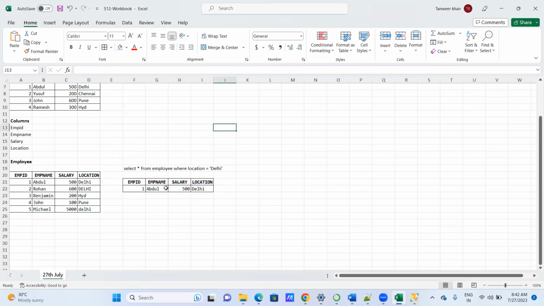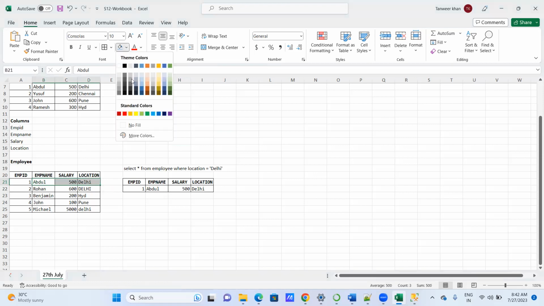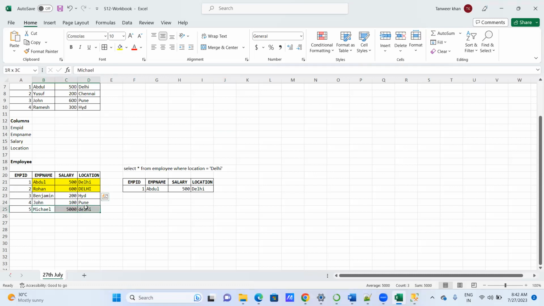No, this is not the correct output. If I display this to my manager, the manager will definitely ask, Tanvir, do you think only Abdul is from Delhi? No, we have Abdul from Delhi. Then we have Rohan, who is also from Delhi. Then we have Michael, who is also from Delhi. My manager will tell me, Tanvir, then